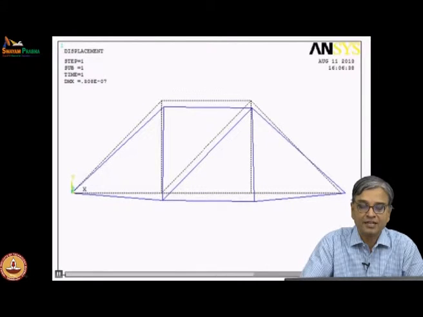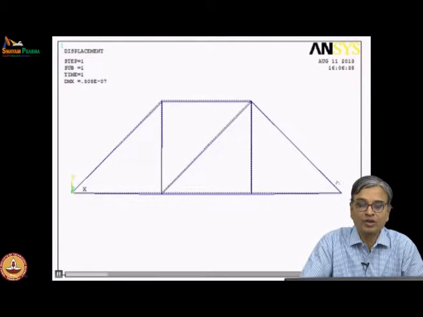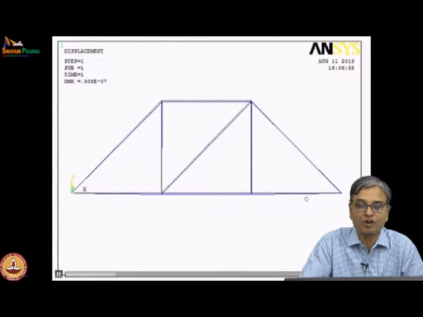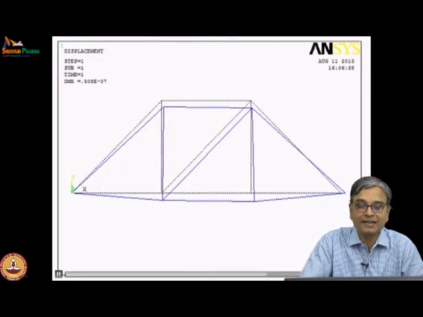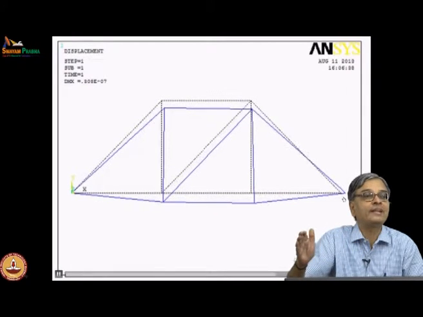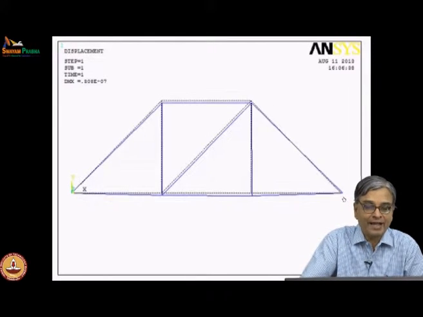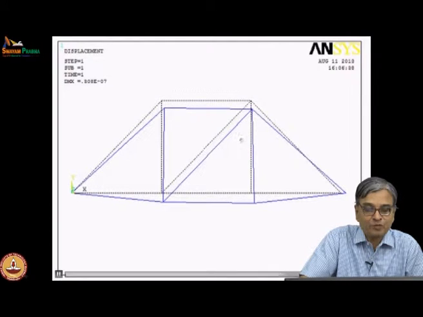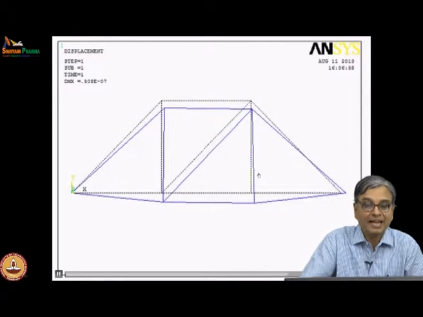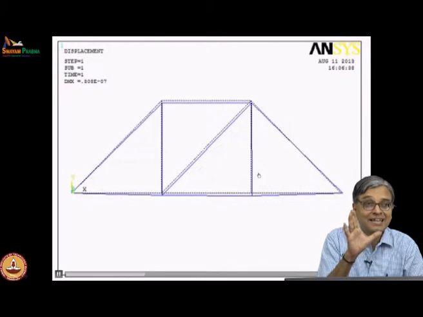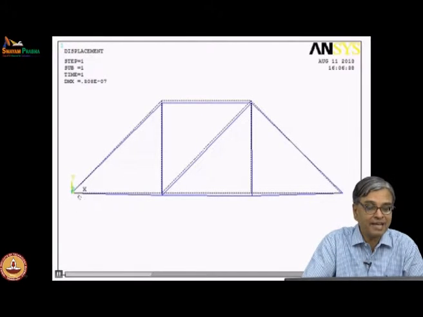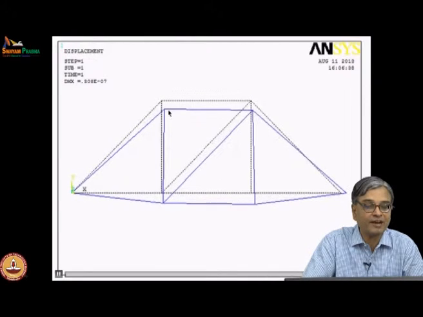First observation is, you have provision of the roller is essential, because this edge, because of the members being elongated or contracted, it is relocated at distance away. So, your roller support should allow it to move that way. And if you have a clear visualization, you look at this member, which is a zero force member, it remains in length same, it has not altered, and you would see this member has elongated and this member has contracted.